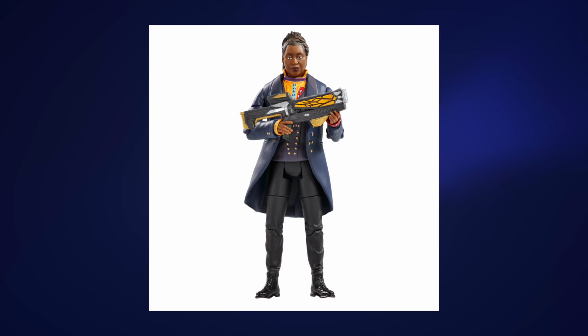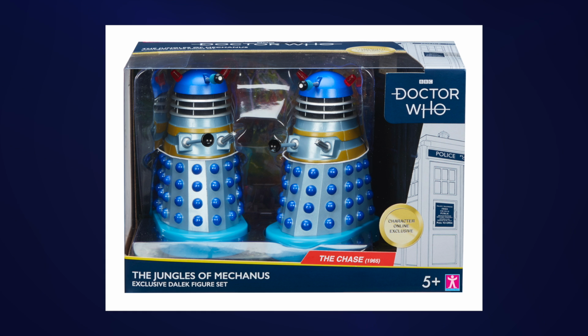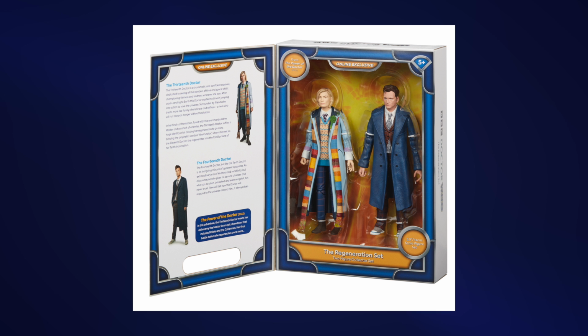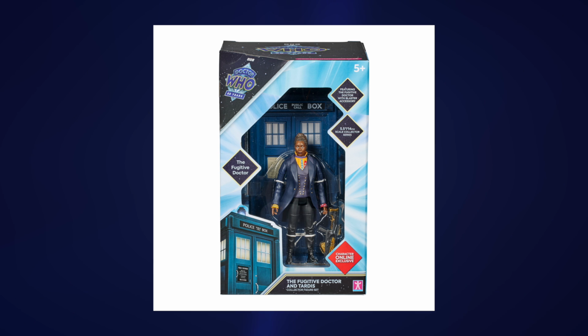So let's take a proper look at the press release and everything, at the images, and see what we get. This is a Character Options online exclusive, the next one in the range, following in the footsteps of the Mechanist Daleks, the Abominable Snowmen, Second Doctor and TARDIS set, and the Warriors of the Deep Silurians, which I think came out about 2 years ago, around this time of year. We then of course had the Regeneration set with the 13th Doctor and the 14th Doctor, also the 14th Doctor's Sonic Screwdriver, if you want to count that, from last summer,